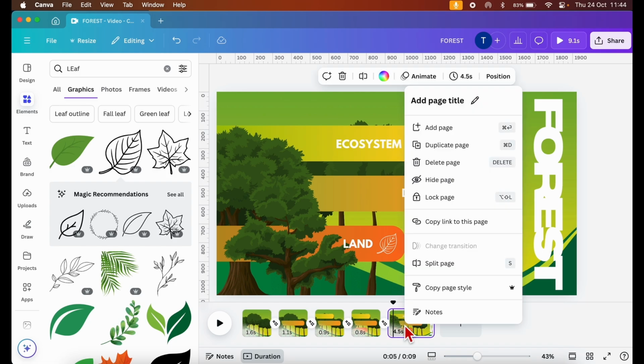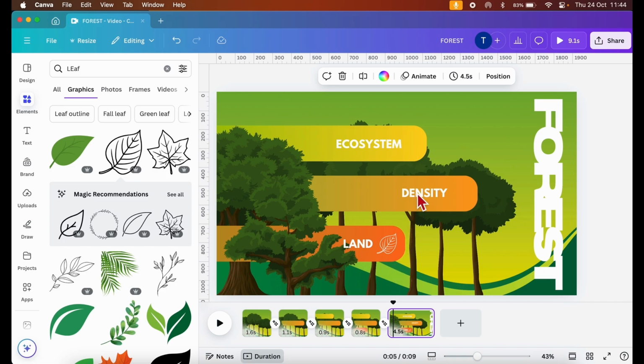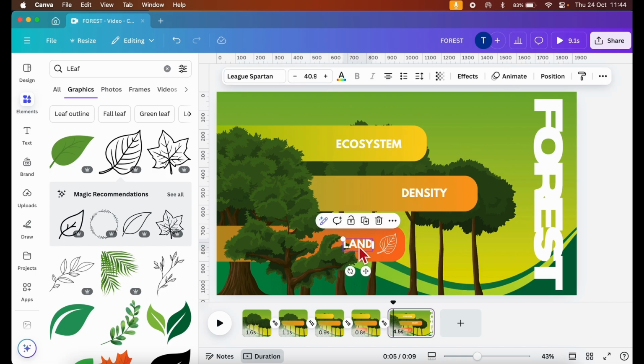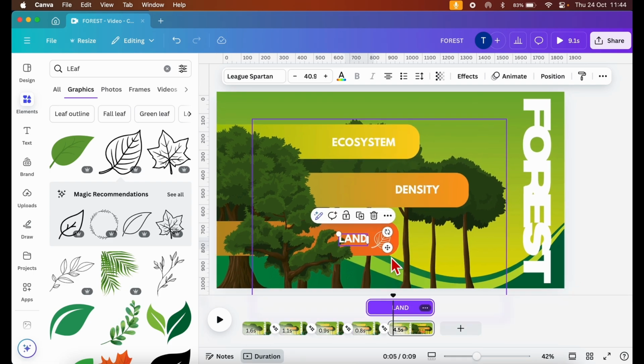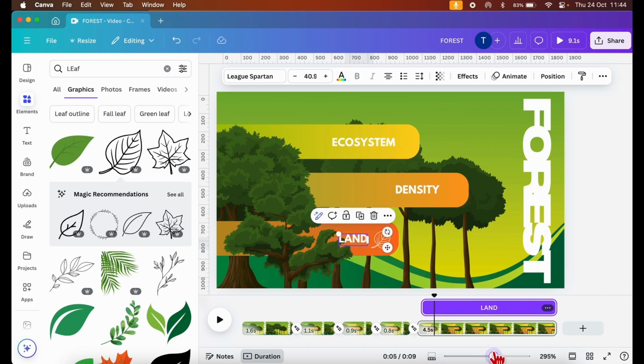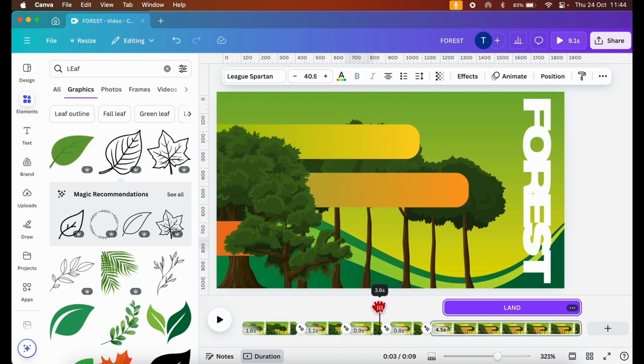I'm going to right click on there, and I'm going to go to my shape. I'm going to right click, and I'm going to say show timing, so I can actually see when the land is coming in, and maybe I want that to come in a little bit further on. Don't forget, click this little button here and you can zoom your timeline a little bit in like that. So with the playback head, that comes in,